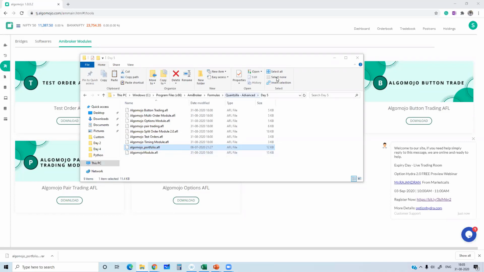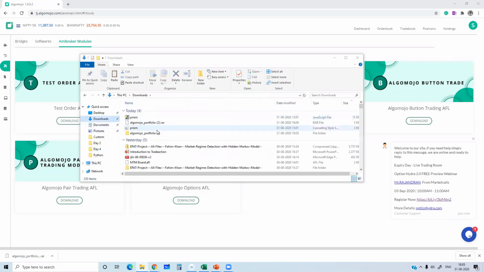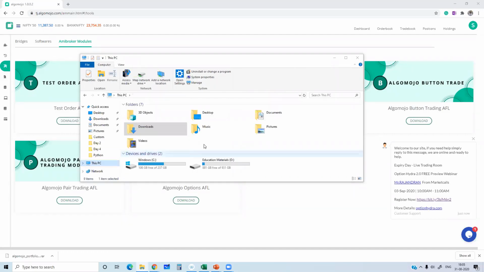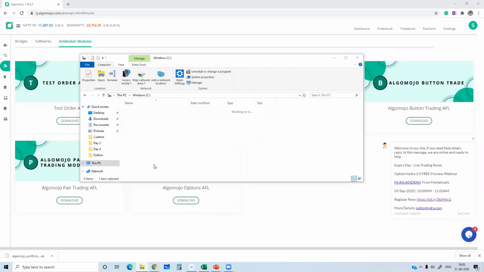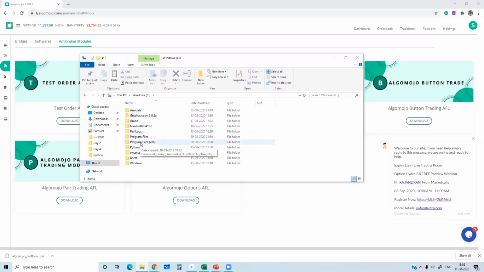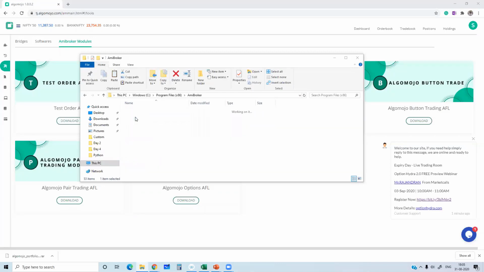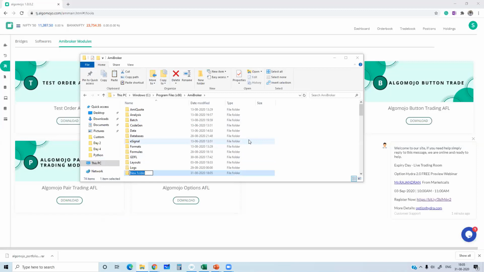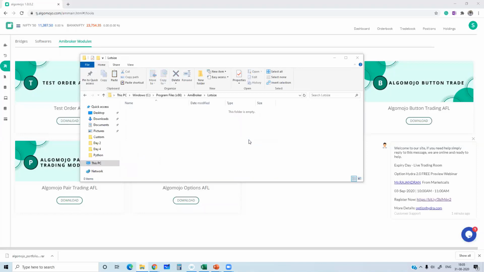And if I go to the download section, there is also a CSV file there. So the CSV file, let me copy it. I'm going to put it inside the C drive folder, or maybe I'm going to put it inside the AmiBroker folder itself. Let's call this folder name C drive. Under that, I'm going to create inside AmiBroker a folder under the name lot size. So underscore AmiBroker lot size. I'm having a CSV file.